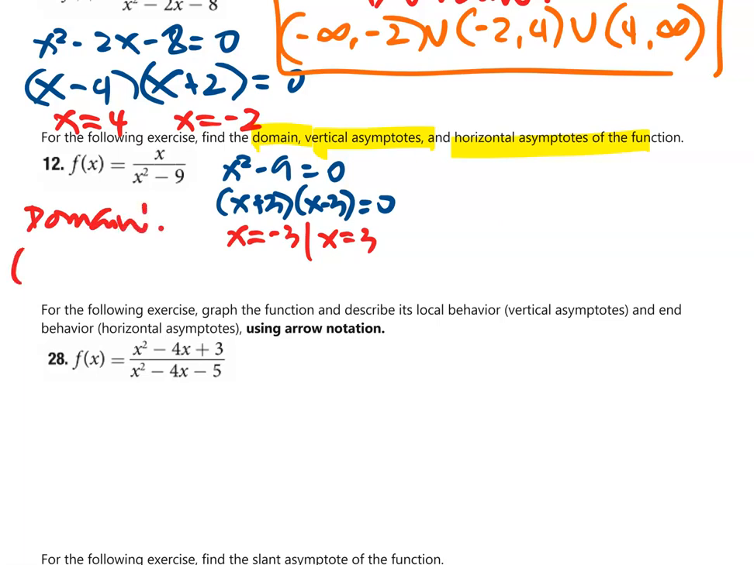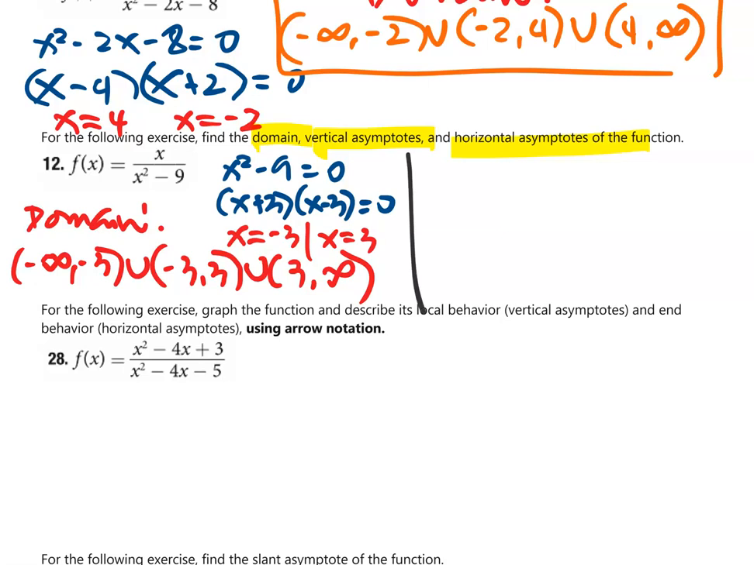That is, from left to right, negative infinity to negative 3, union from negative 3 to 3, union from 3 to positive infinity. So that is the domain. Next, how do we get the vertical asymptotes? So there are two vertical asymptotes,